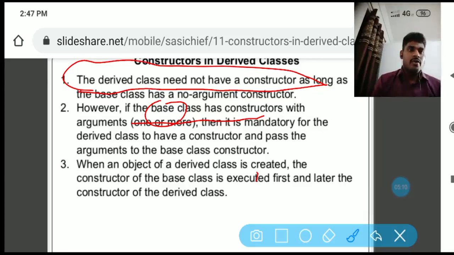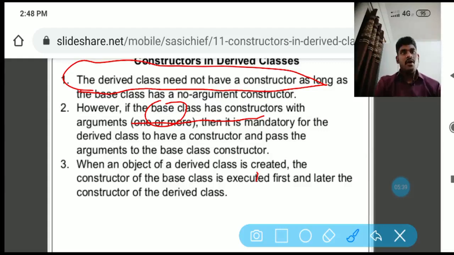So what is going on here? Simple. The derived class constructor passes the arguments to the base class constructor. So the last point says, when the object is created, the base class constructor executes first, and then the derived class constructor executes second.